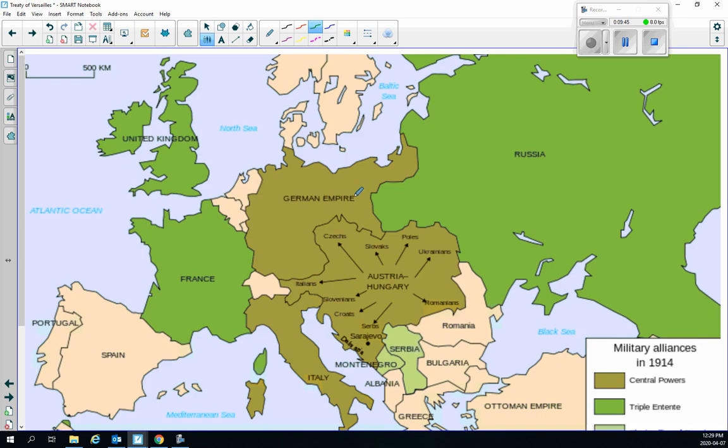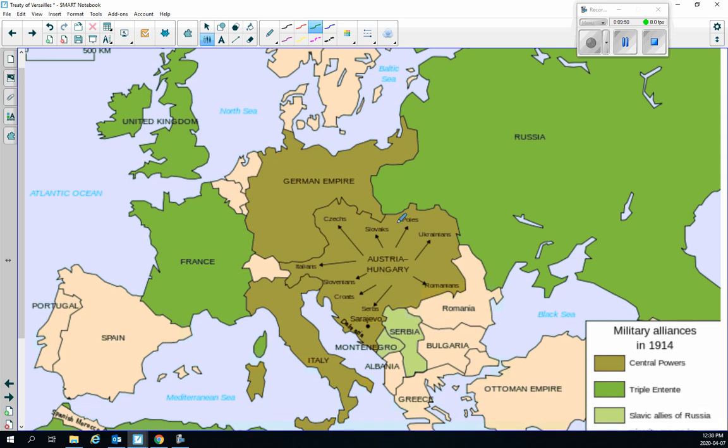But it wasn't just Germany that suffered at the Treaty of Versailles. Look what happened to the Empire of Austria-Hungary. So on the eve of World War I, Austria-Hungary was a kingdom that was made up of Austrians and Hungarians, but also Ukrainians, Poles, Slovaks, Czechs, Balkan peoples, Slovenians, Croatians, the Serbians, the Romanians. So what you had in Austria-Hungary before World War One was a series of nations within a nation.